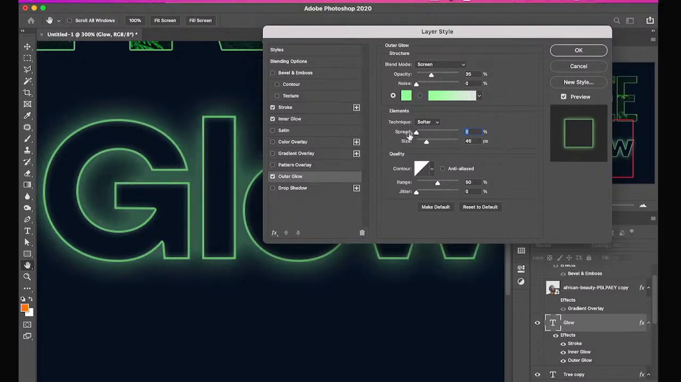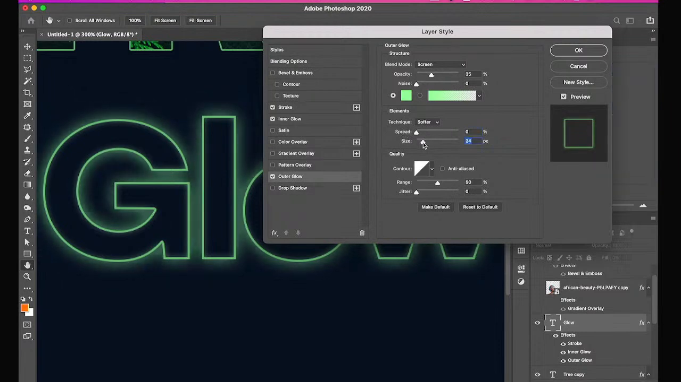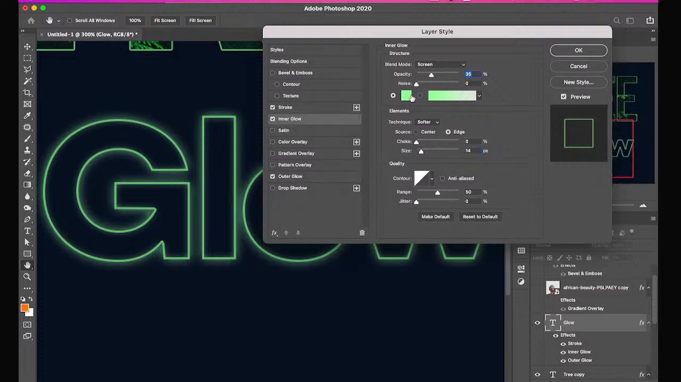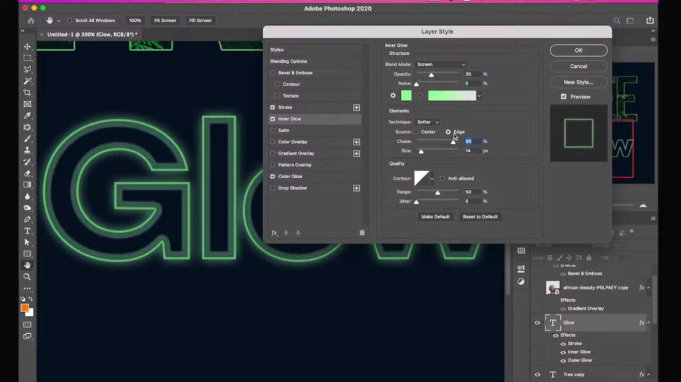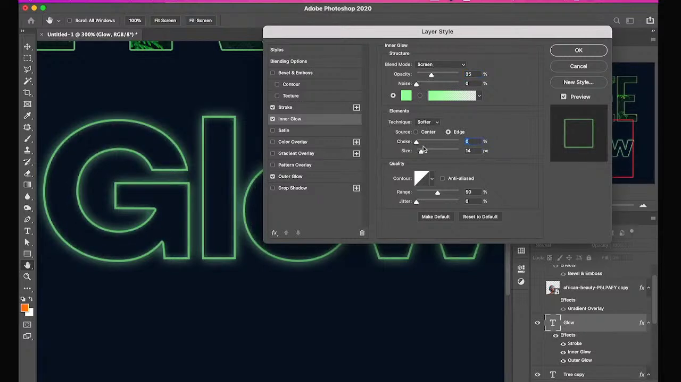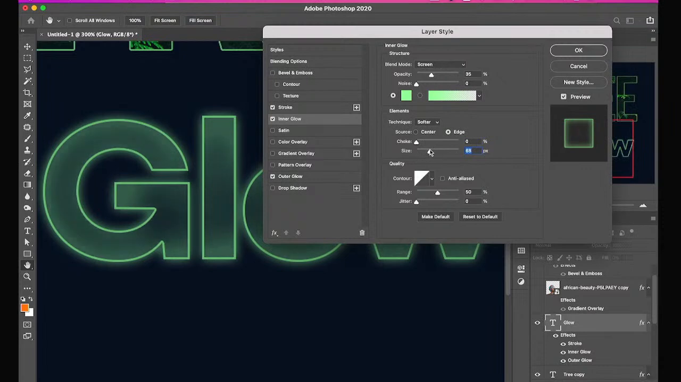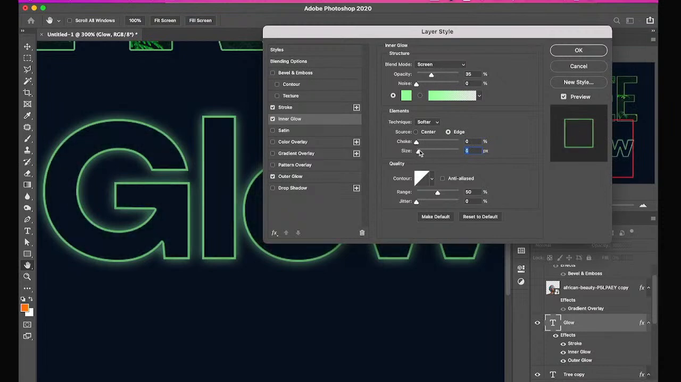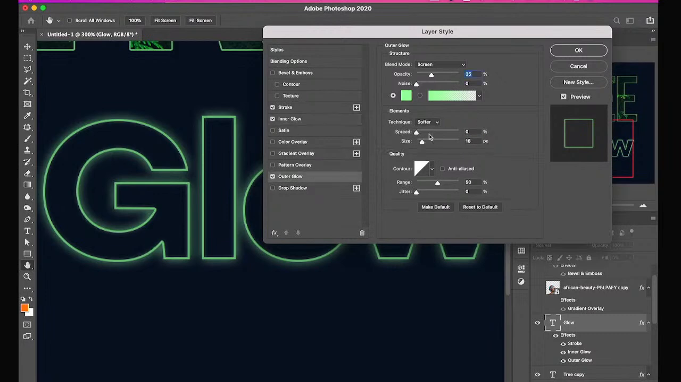If I want my glow to be this much, and I can go to my inner glow too. So you do it till it looks right, till it looks perfect. You see, I'm choking the size, depending on how much of it I want. So outer glow,